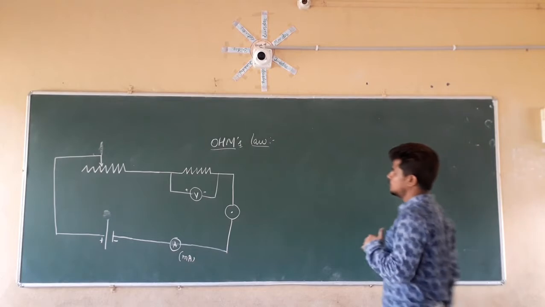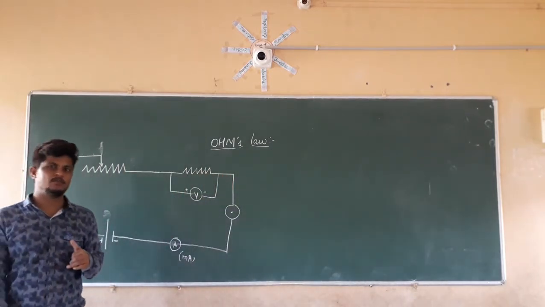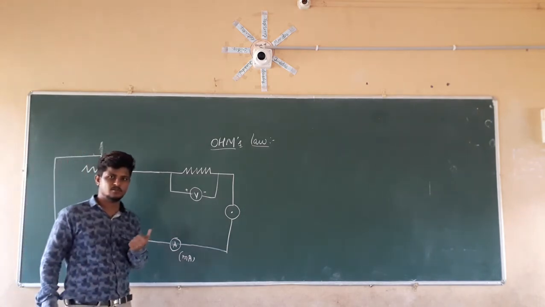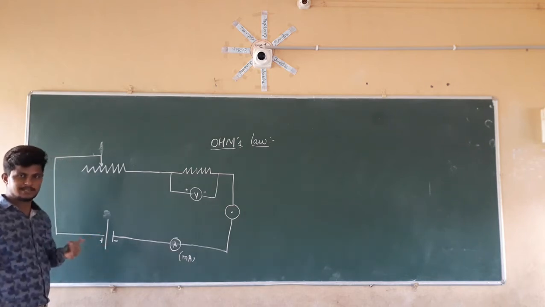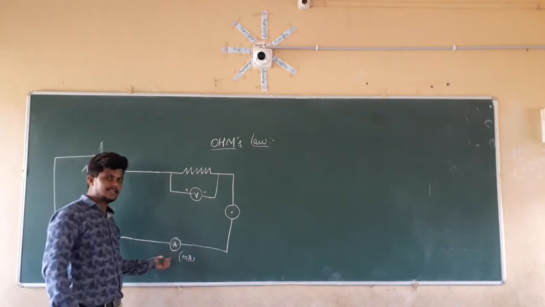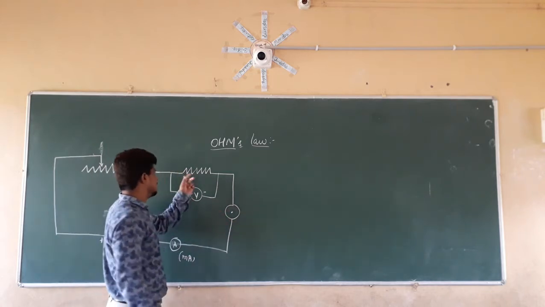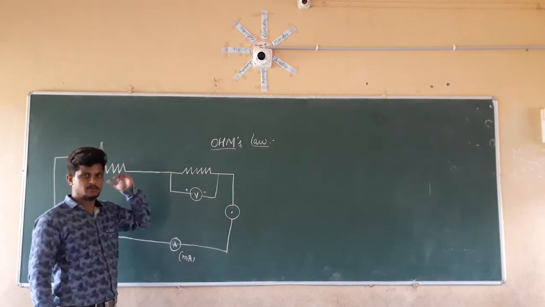Now next we are going to talk about Ohm's law. To discuss Ohm's law, we have a circuit connection like this. The apparatus of Ohm's law looks like this. So we have a battery, the source which is going to give the electricity. We have an ammeter connected in series connection. We have a switch here, and then we have a resistor here. That is constant. That is the resistor which has a constant value.